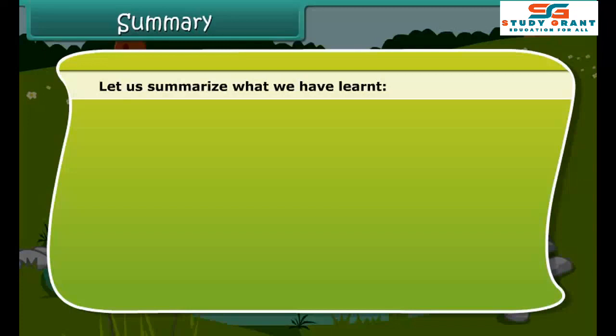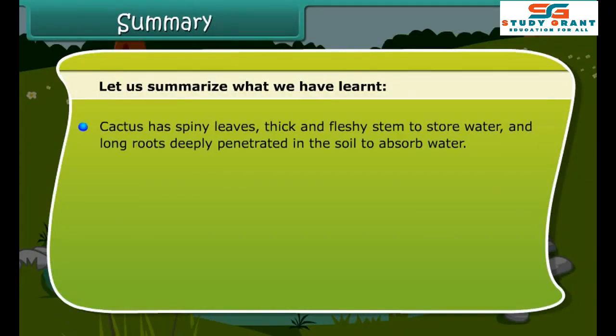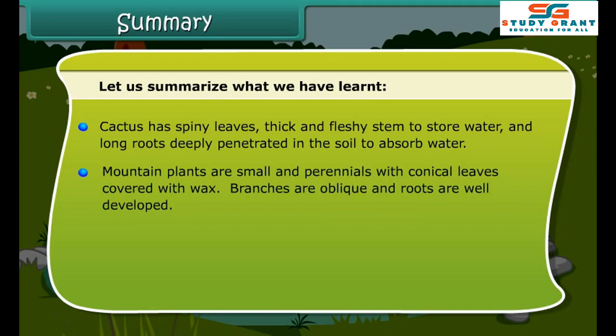Camel has long eyelashes and nostrils, a hump to store fat, and wide and flat feet to walk on sand. Cactus has spiny leaves, a thick and fleshy stem to store water, and long roots deeply penetrating the soil to absorb water. Mountain plants are small and perennials with conical leaves covered with wax. Branches are oblique and roots are well developed. Animals found in mountains have thick skin and fur. Aquatic animals